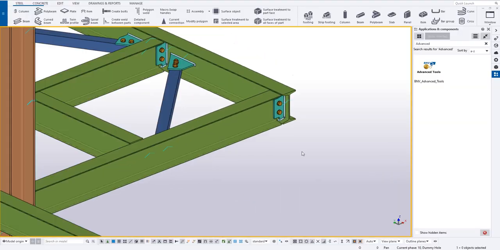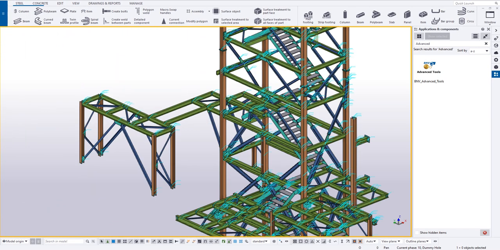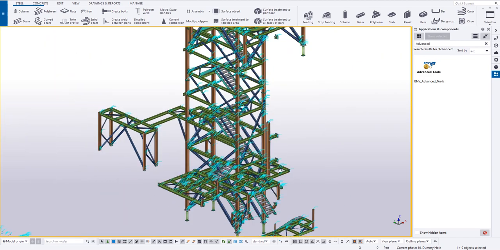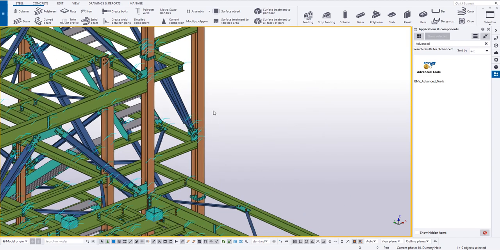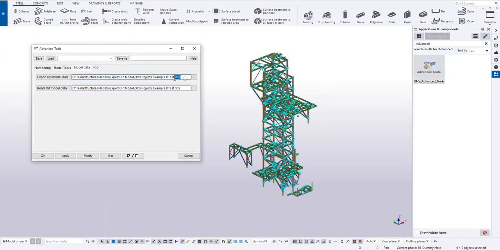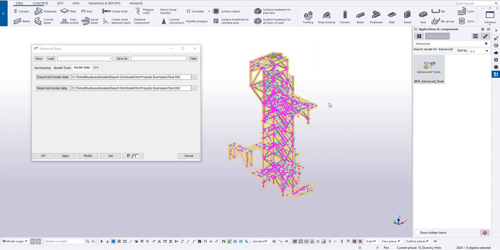For example, in model 2, we have the full detail for bolt, weld and almost the whole structure in Tekla 2022. Now we export this model to a data file. We can select only a part if you want to export, but that also includes all the bolts and welds. Check one by one and export to the data file. Yes, that's only 36 seconds for the full model.